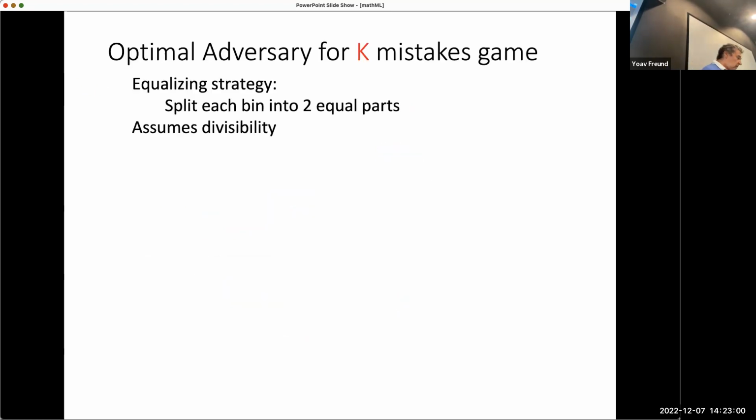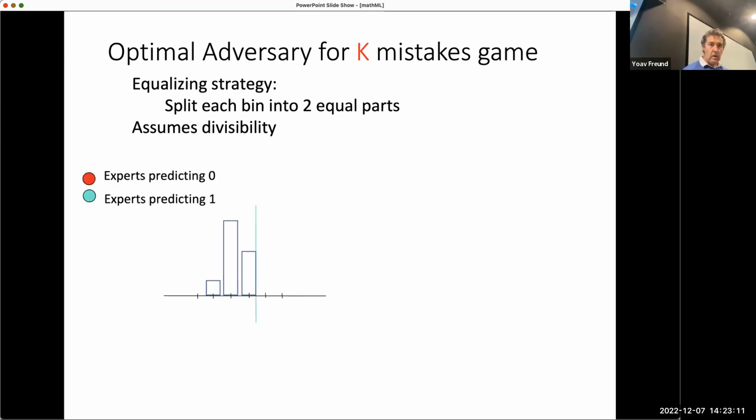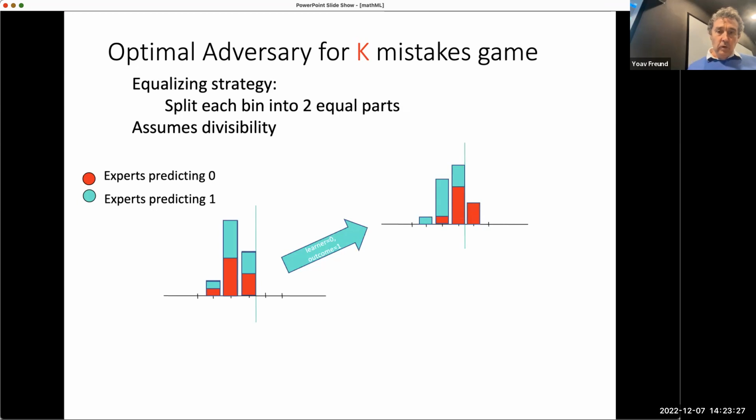Okay, so the nice thing about this game is that it has an equalizing strategy that is very much the same as what we had in the 0 mistakes. So we now have chip mass or chip probability. And now the equalizing adversary will just split each one of them exactly into 2. Okay. So in that case, indeed, if we go the prediction, the learner is 0 and the outcome is 1,